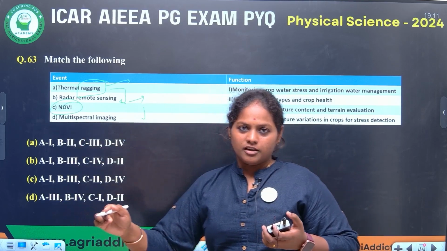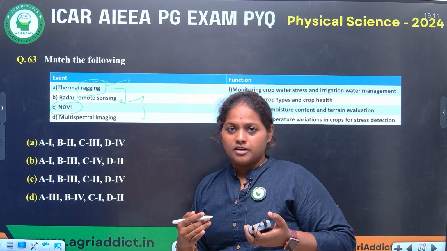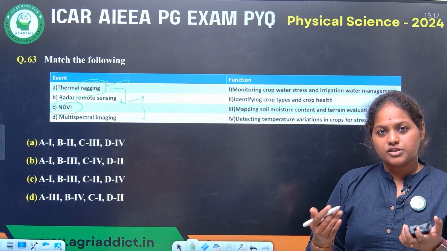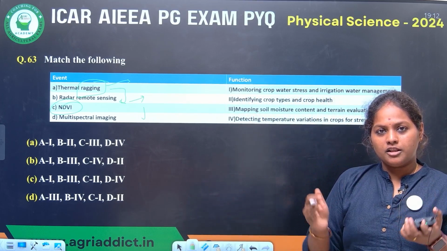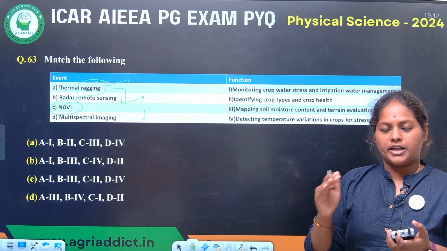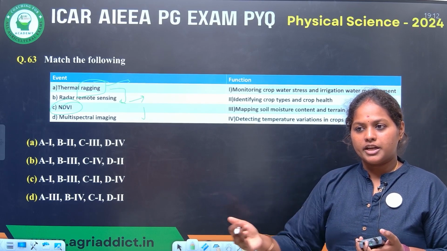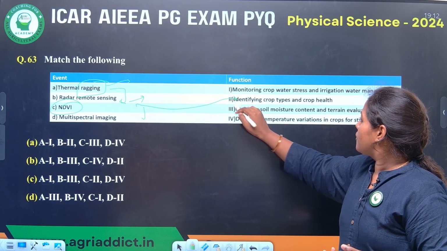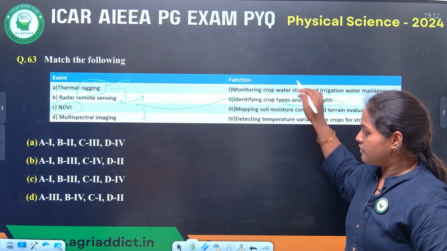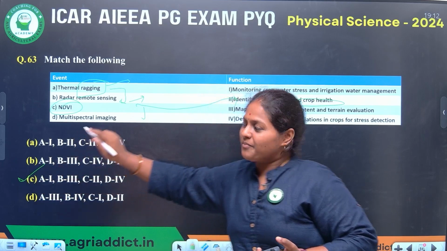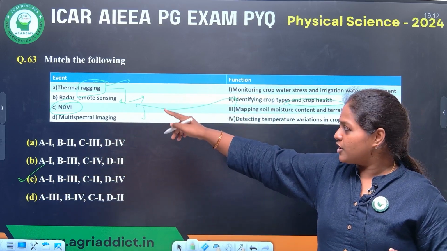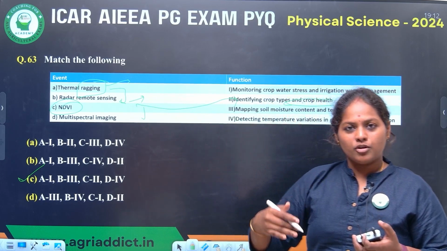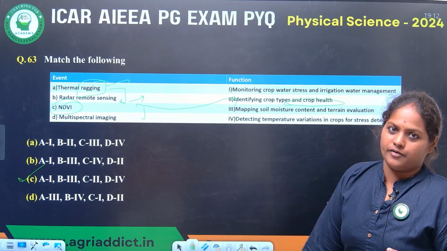NDVI, what is NDVI? Normalized difference vegetation index. The value ranges from -1 to +1, and we use it in remote sensing to find the crop health and also the coverage of crop in a particular area. When NDVI value is more, it indicates that greenness is more in the particular area. So, NDVI is used for identifying crop types and crop health. So, using this C2, we are going to keep a whole matching set without even knowing two terminologies given there. Like this, you should gain more bits and conserve your time in the final examination.